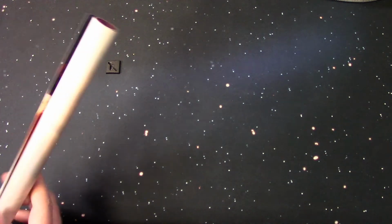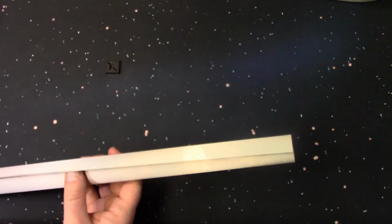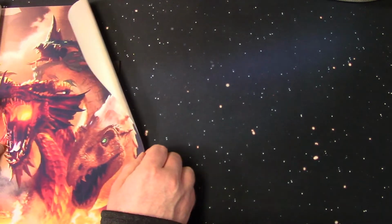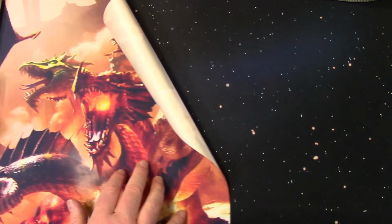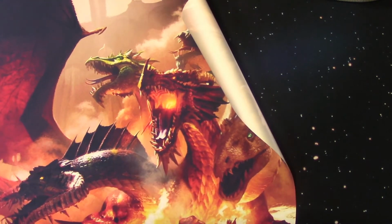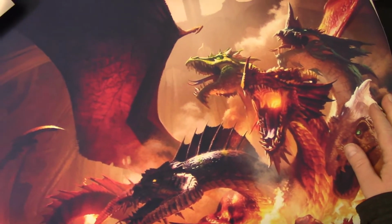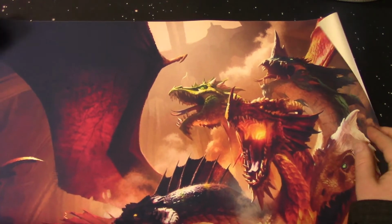But I got this thing. I thought it was a poster, but it turns out it's not. It's a poster, but it's on a silk print. And this, I kid you not, was less than $1. This print